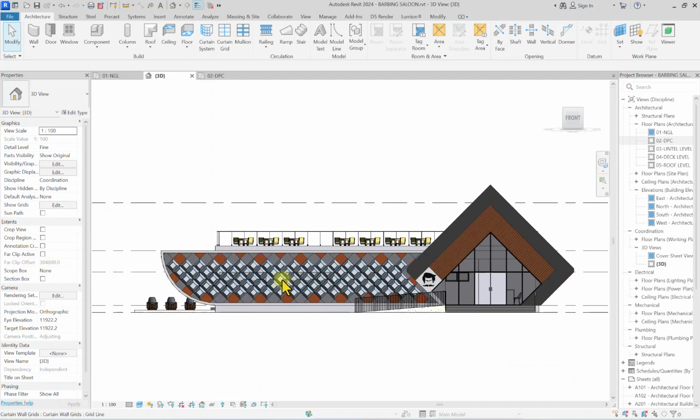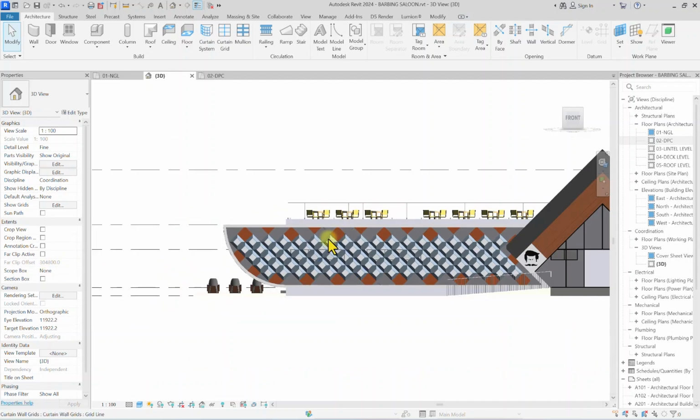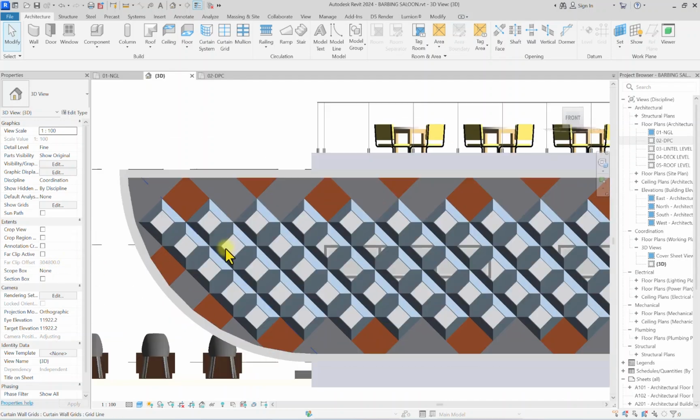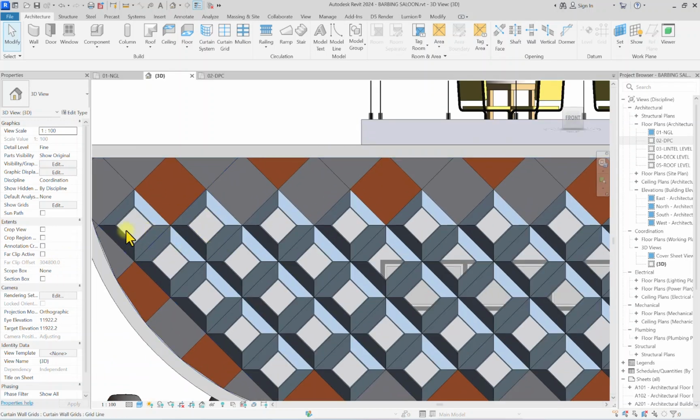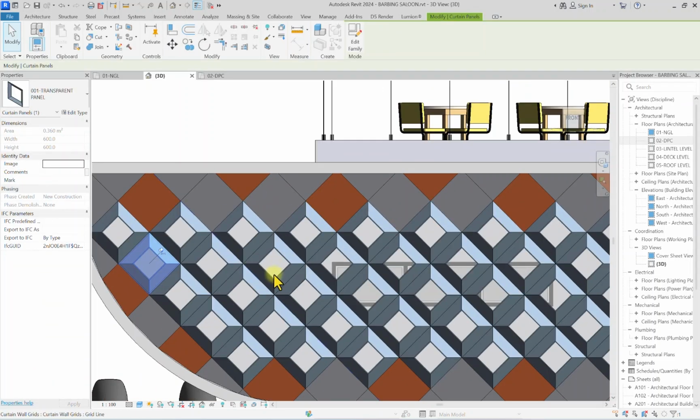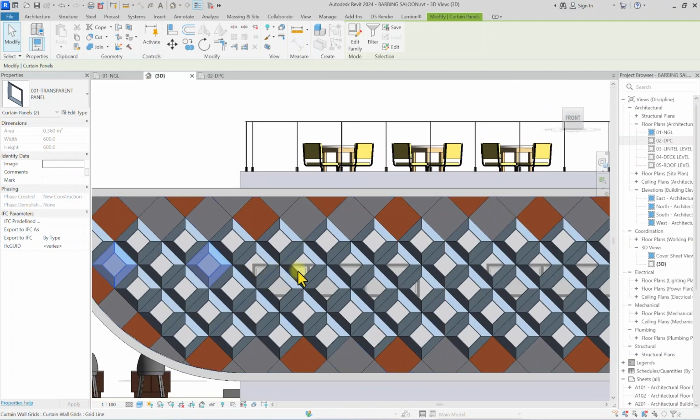So after you have changed these ones, now we can leave these remaining ones as glaze panels. We're now going to change some of these ones here. For these ones, I'm going to leave this one as it is, so I'm going to start from here. I'm going to click on tab, select this. The same thing for this, click on tab, hold Control, select this, click on tab here,